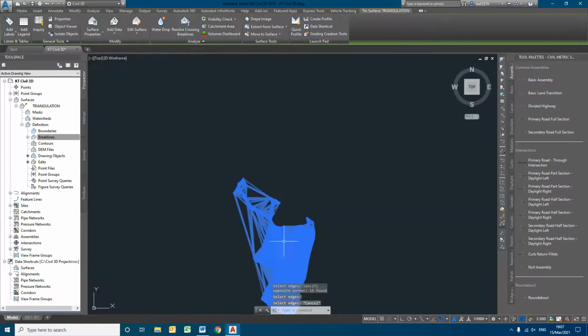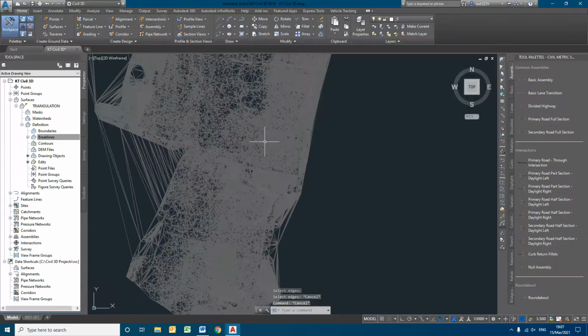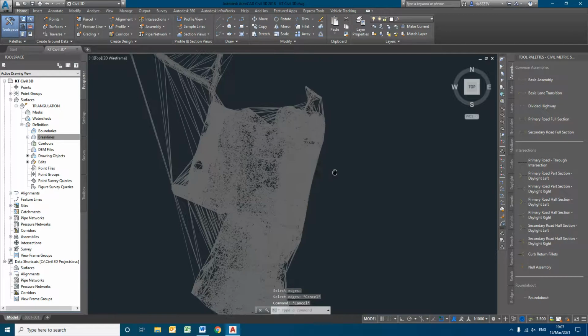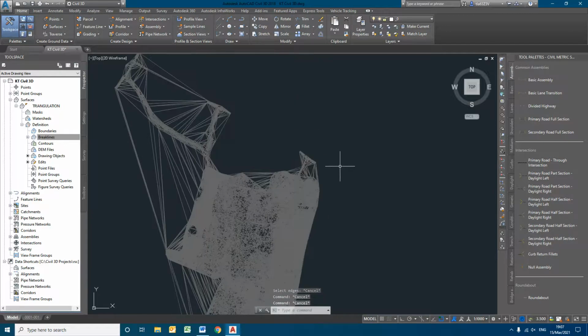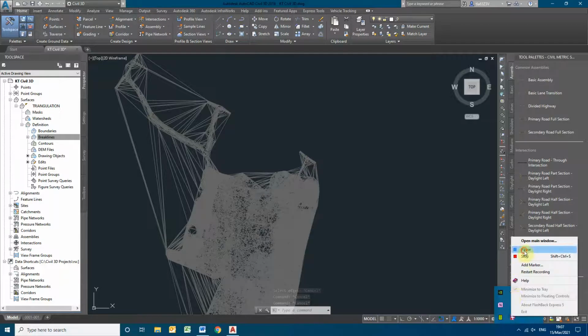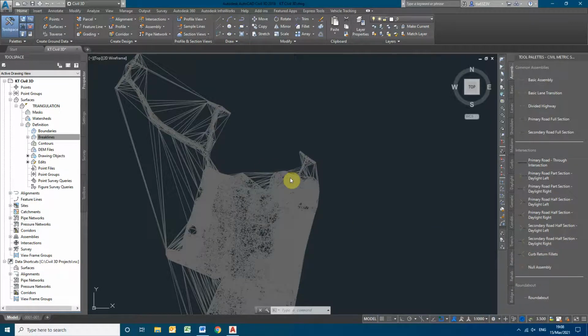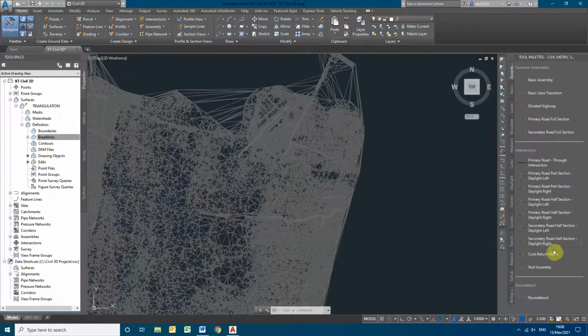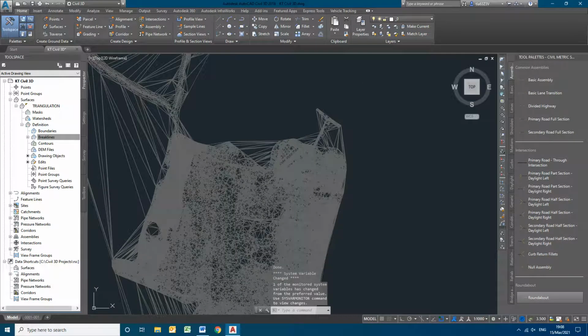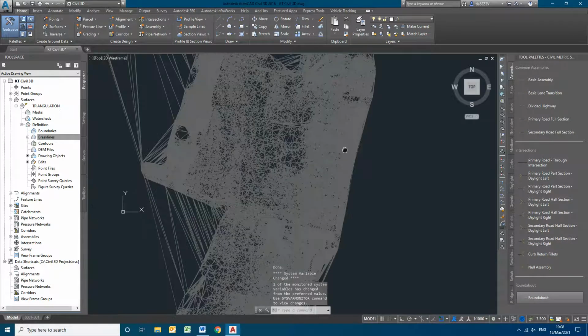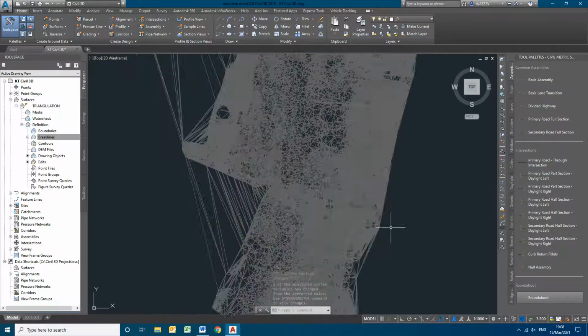And there is another way that you can limit it to your boundary by placing the boundary. A boundary can be created, and we can limit all the triangulation to the boundary.